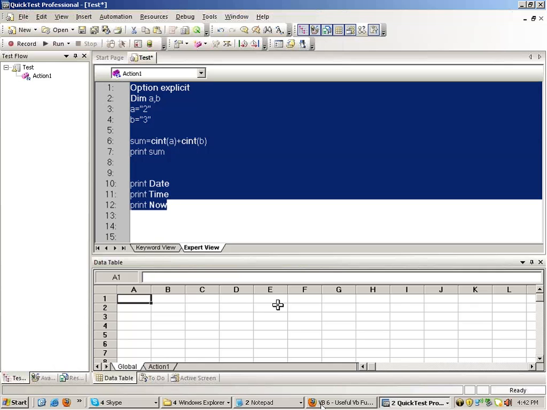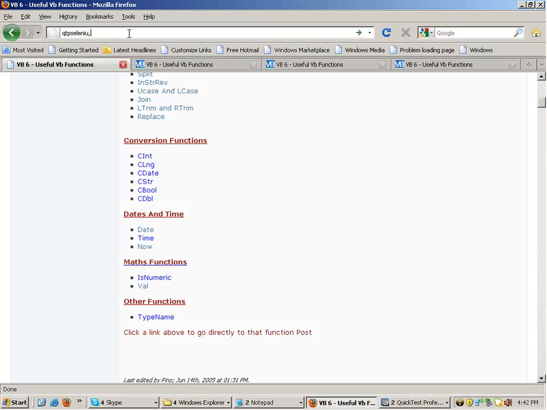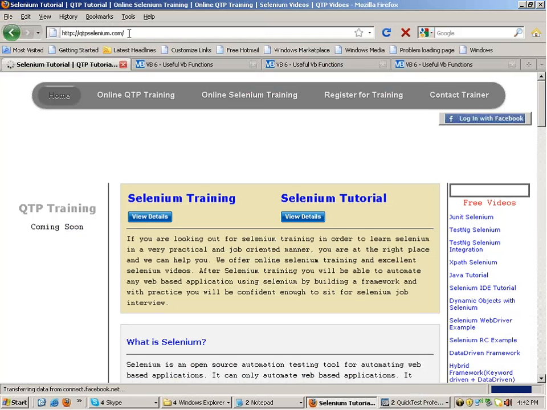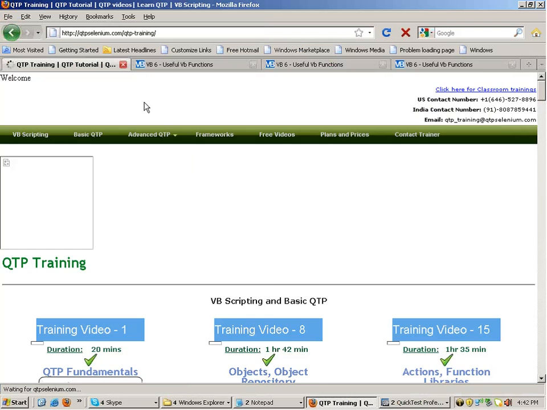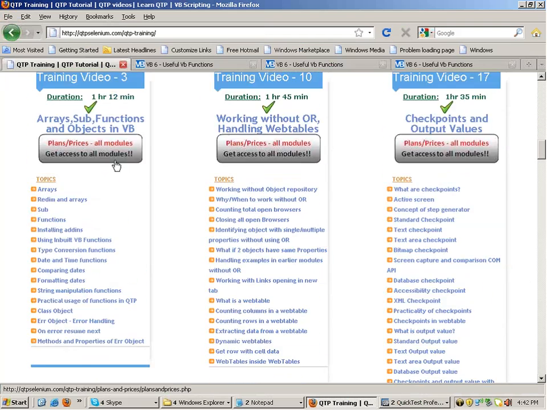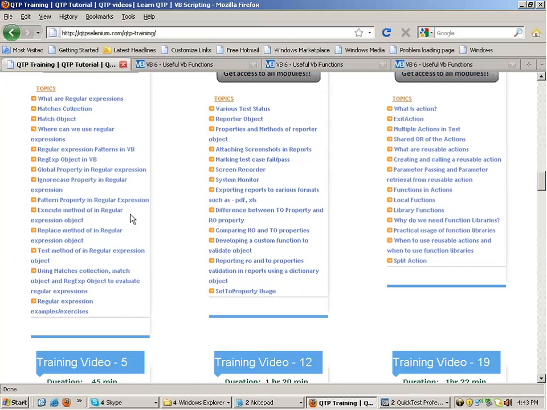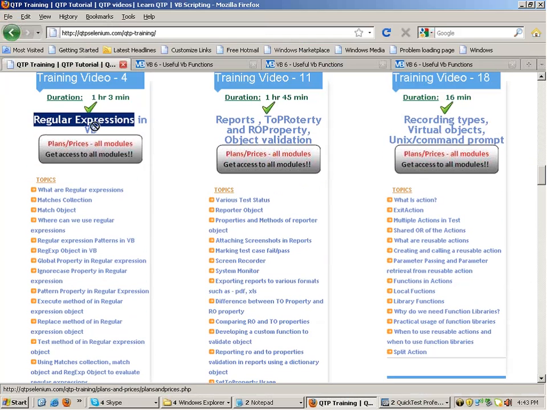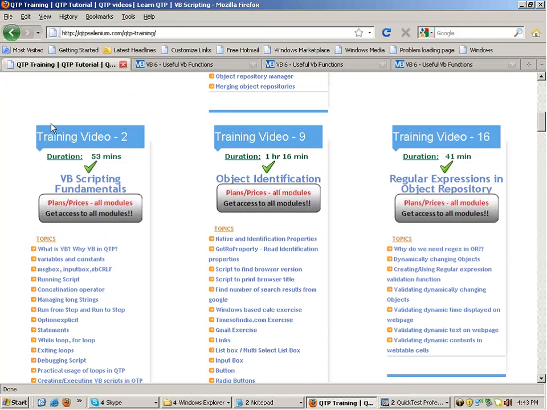Now in VB there are lots of other things as well. If you go to my site, there are regular expressions and a lot of other things. I'll be creating an account for the videos, and in your spare time, just go through the regular expression video, because in it I have made very good examples. If you have any doubt, you can ask me.